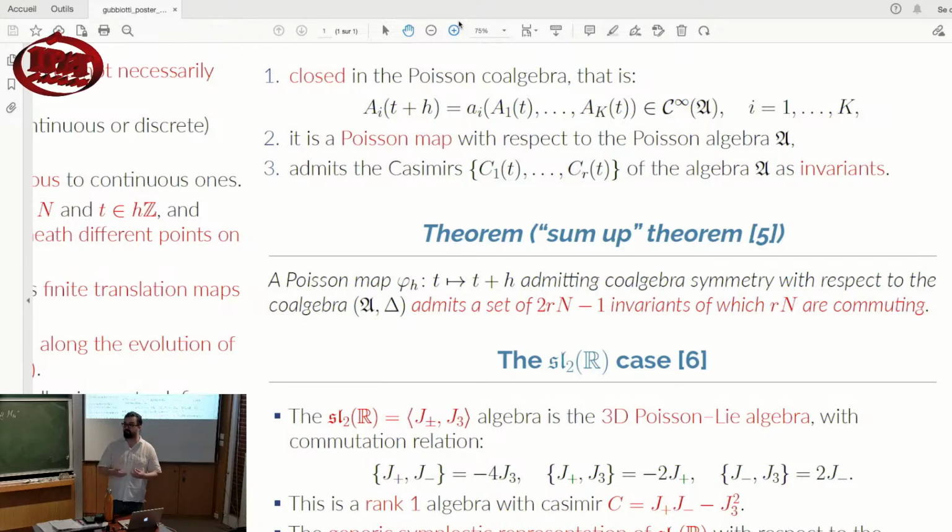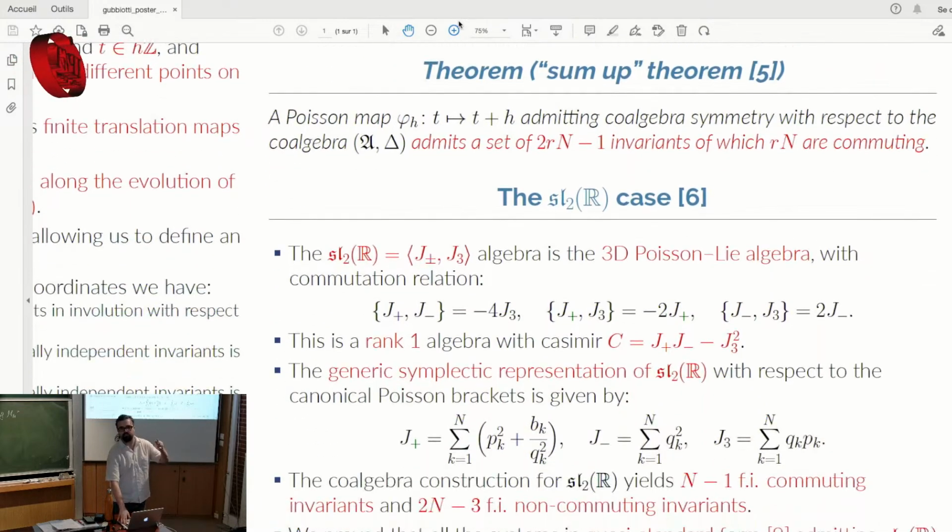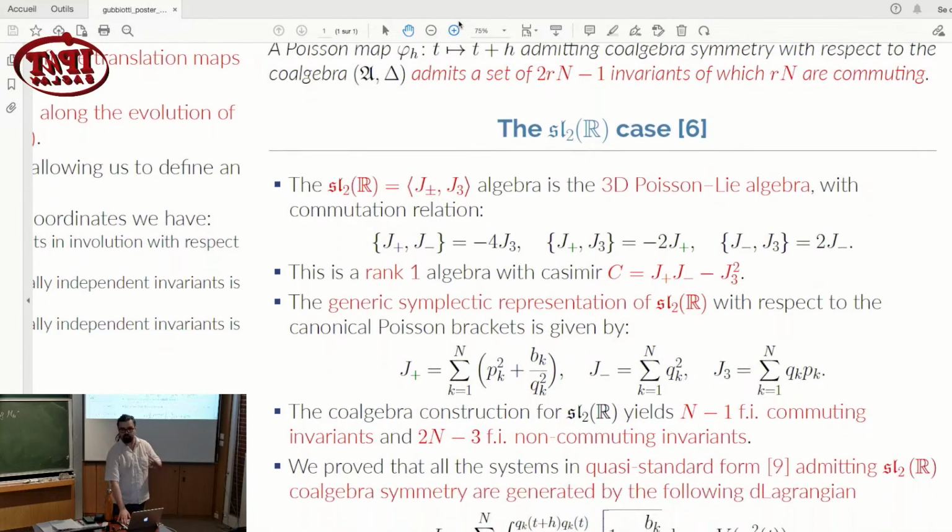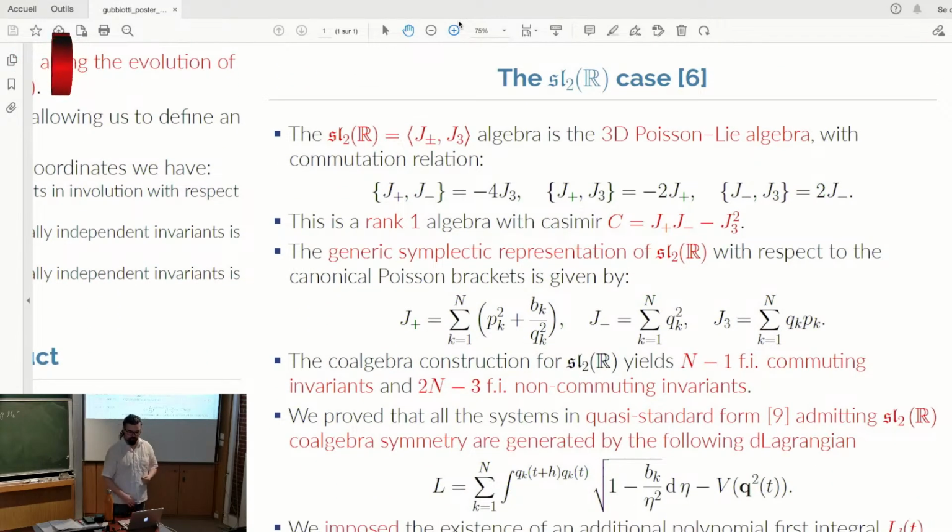naturally admits some invariants. It's just that it admits some invariants that might be enough to prove integrability. That will depend on the representation and on the choice you make. Then we proved that this could actually be used to isolate some old and new discrete integrable systems in the first paper, the one that got published second in the Journal of Physics A. And then we turned to the problem of classifying all discrete systems that allow the coalgebra symmetry with respect to some given